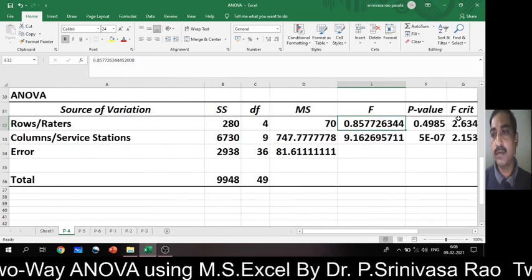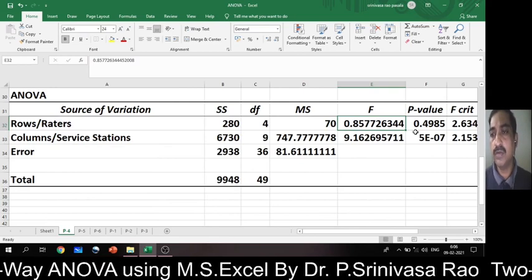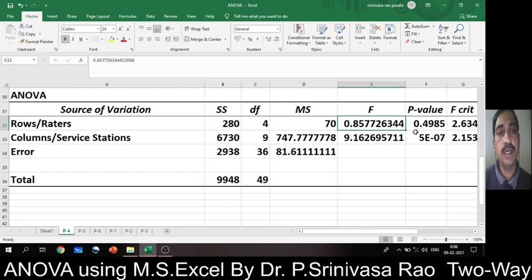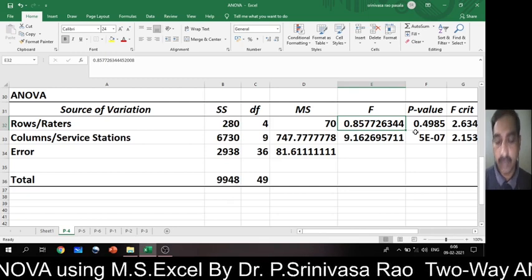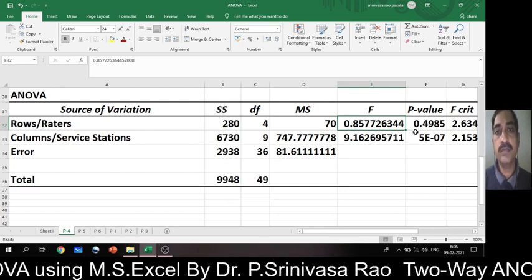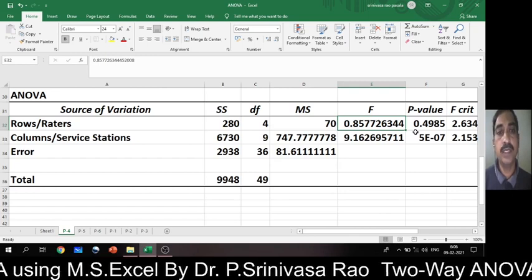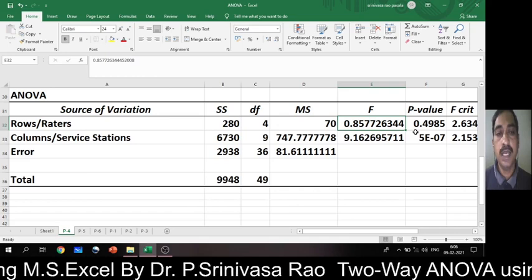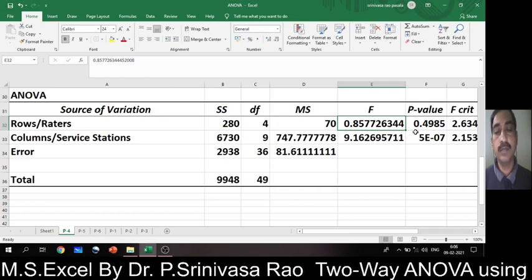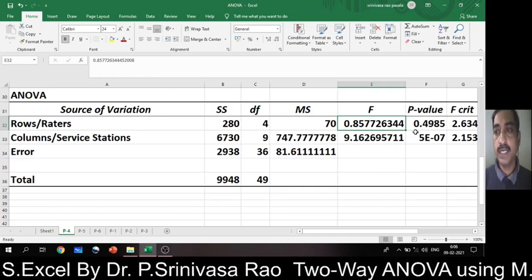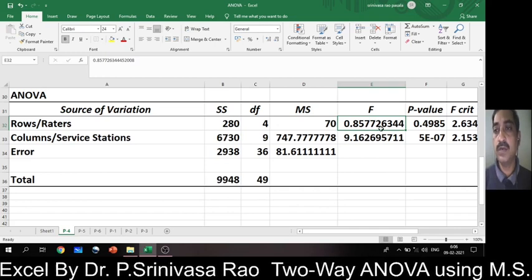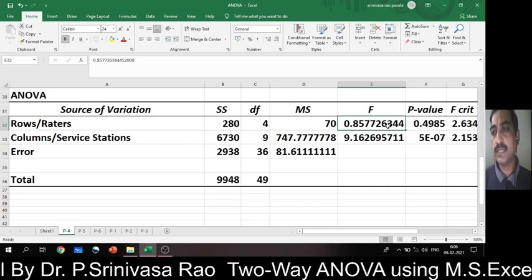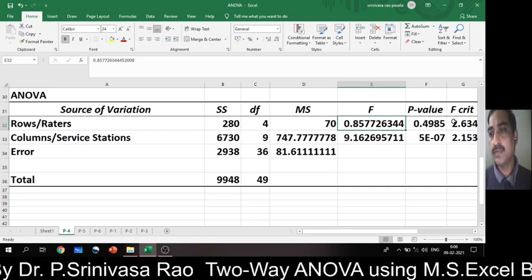F critical value. So now how to take a decision about your null hypothesis for rows as well as columns. In the two-way classification of ANOVA, you formulate two hypotheses, one for raters or the rows, another for service stations or columns, right? That's why we are getting two F calculated values and two critical values. So this is the F calculated value, this is the F critical value.